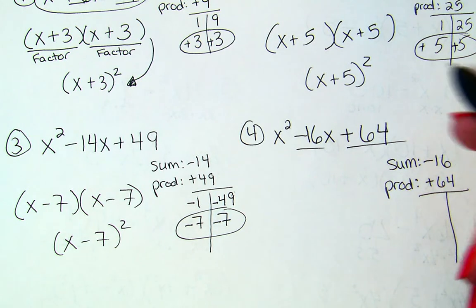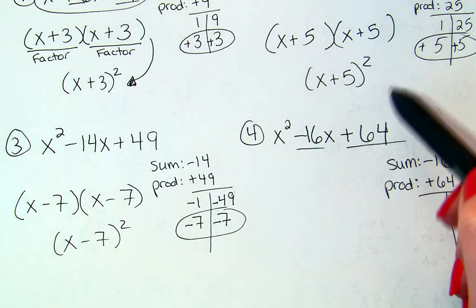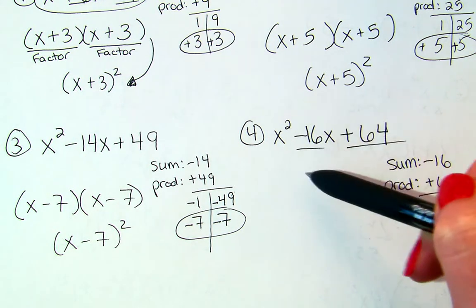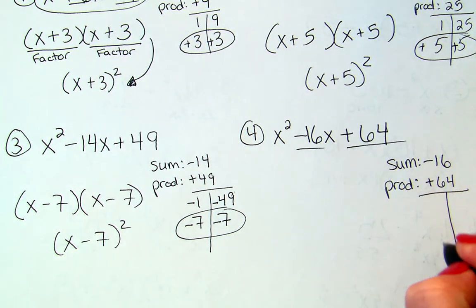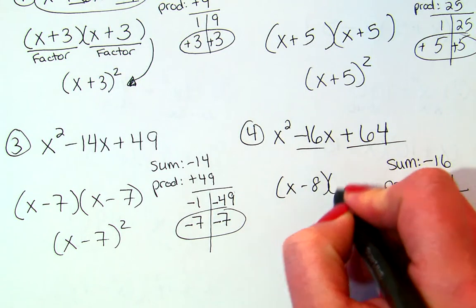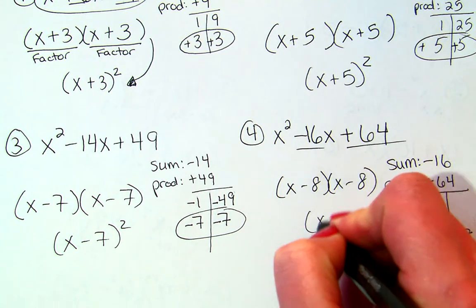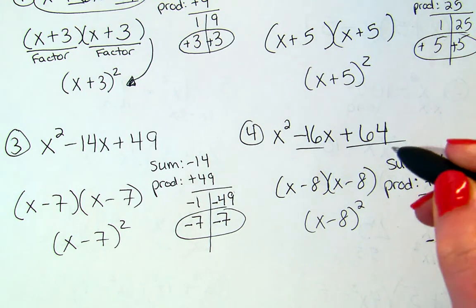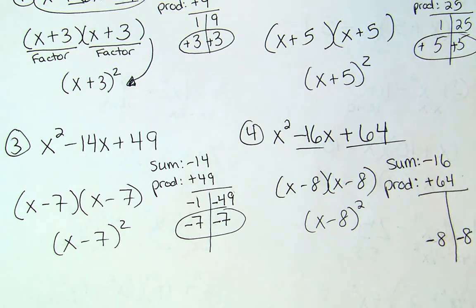I'm going to skip ahead since we can follow the same pattern, that the last number is a perfect square. And if I use that perfect square set of factors, they will also sum to the middle term. So this is actually going to be 8 and 8. Once again, positive 8s are not going to work, but negative 8s will. So this is x minus 8 times x minus 8, which is x minus 8 squared. Now, if you had to list all of the factors in order to figure out what makes negative 16, that is perfectly fine. I just took a